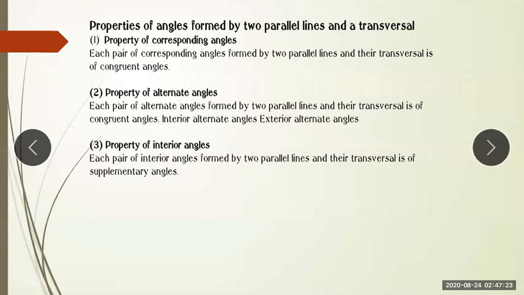So here we have learned the properties of angles which are formed by two parallel lines and a transversal. All the corresponding angles are congruent to each other and the interior angle is always a supplementary angle, that is 180 degrees. In the previous class, one student asked me, teacher, interior angle is which type of angle? It is a supplementary angle and the measure of supplementary angle is always 180 degrees. Complementary is always 90 degrees, but supplementary is always 180 degrees. So here we have learned the properties of angles.